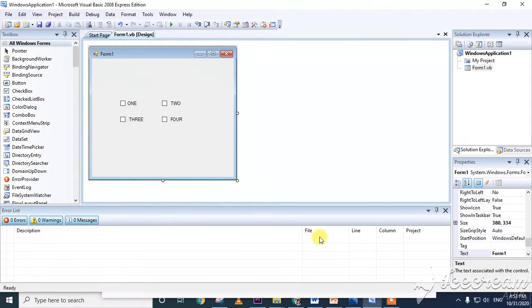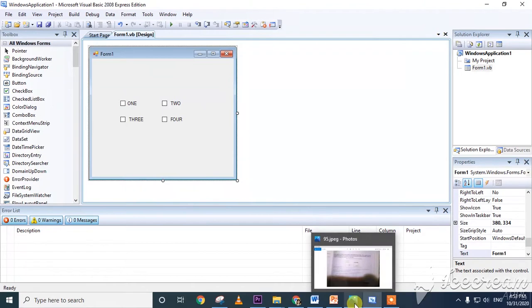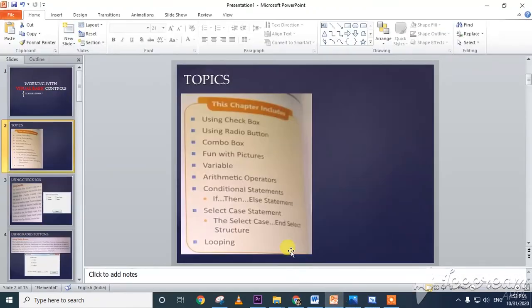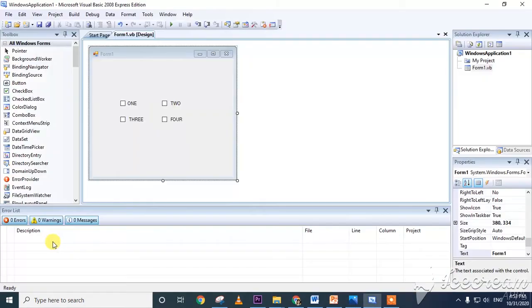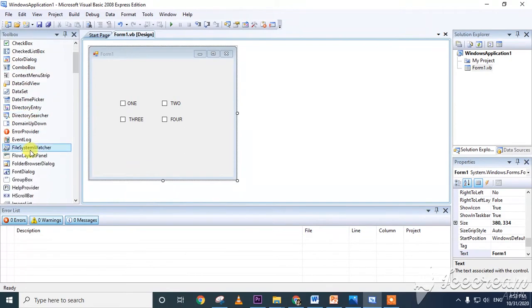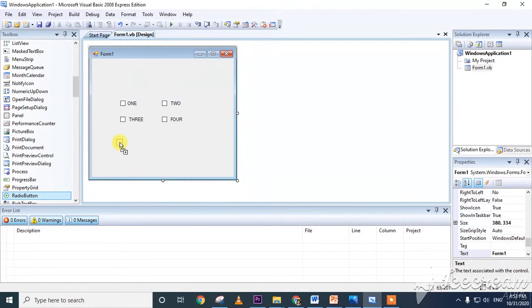Next one is radio button. Go to the letter R. See, radio button.